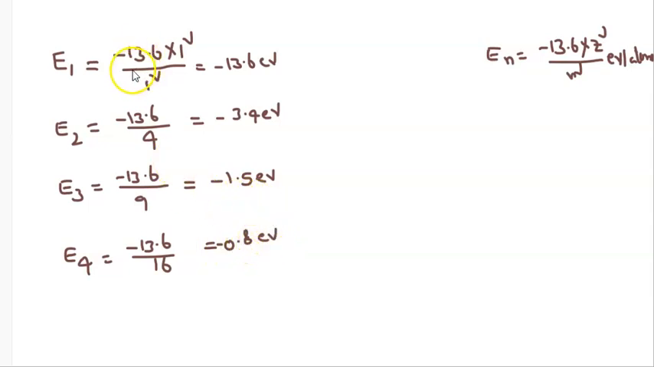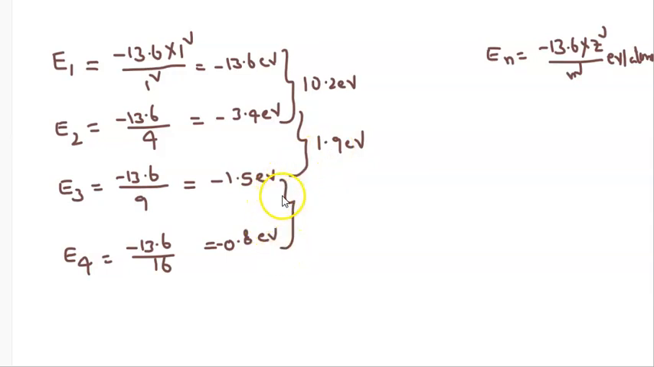That means for the hydrogen atom, if I am moving from E1 to E2, energy increases. E2 to E3, still energy increases. E3 to E4, still energy increases. If I take the difference between E2 and E1, you get 10.2 electron volts. That is a huge energy difference between E1 and E2. And if I take the difference between E3 and E2, that will be equal to 1.9 electron volts. And if I take the energy difference between E4 and E3, you get